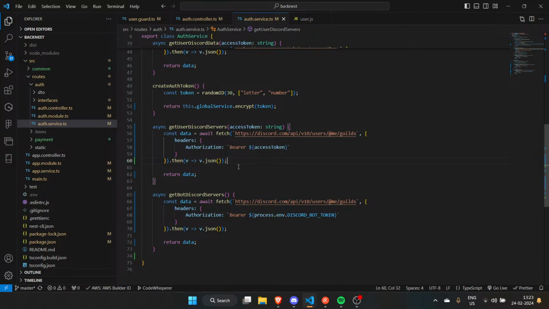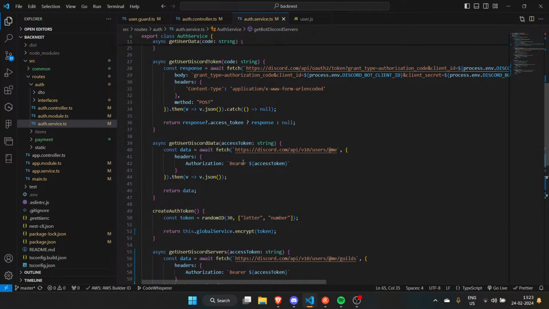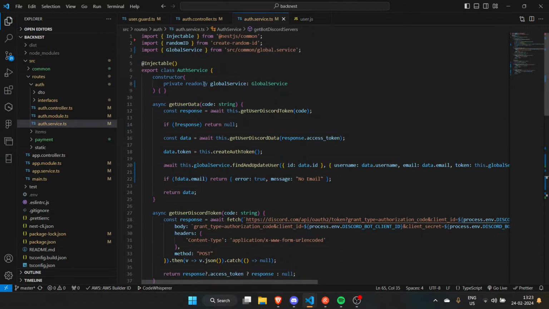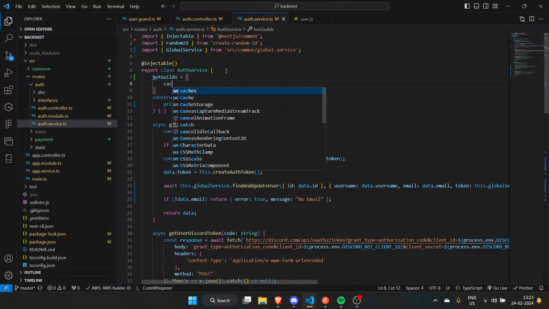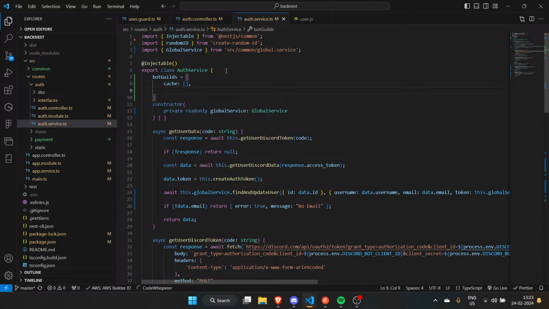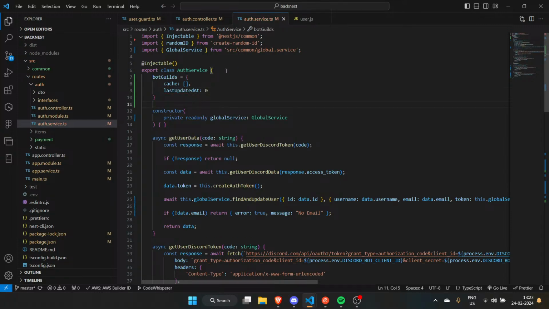So I guess I can get all of the guilds. Oh wait a second, I have a good idea. We need to do some caching. So how do I do caching now? Bot guilds is equal to cache as an empty array, last updated at 0. That seems nice.